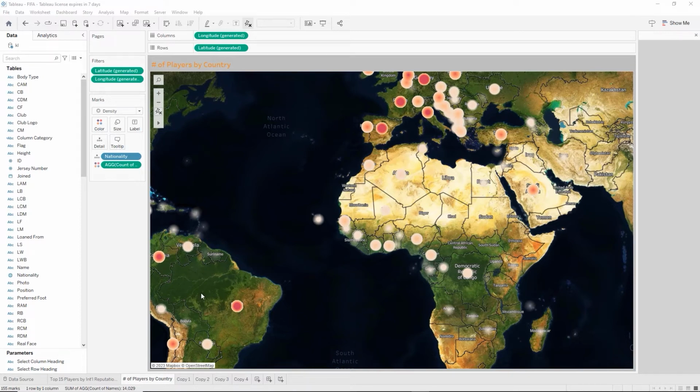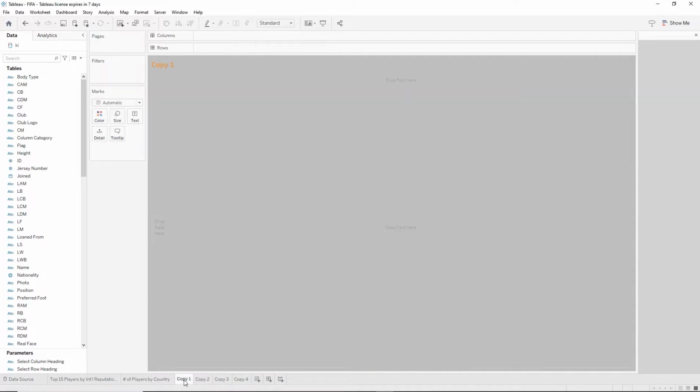So if you look down at my sheet tabs, I have a total of 4 copies of that blank sheet template that we're using. And I just named them copy 1 through 4. It just makes it easier for me to know which one to navigate to, because sometimes when you keep copying the same one, the name gets kind of funky at the end. So I'm going to go to copy 1,